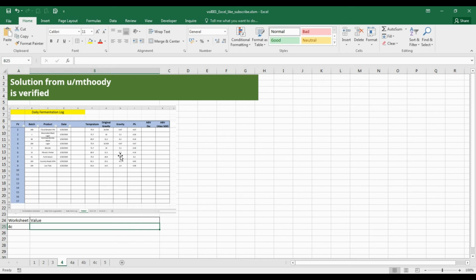And I'm talking about indirect functions. To explain the logic, I have created 3 additional worksheets that contain information in cell A1, and we are going to find it out without opening these worksheets. So I'm going to create an indirect function, and as you can see in cell A25 I have the worksheet name,